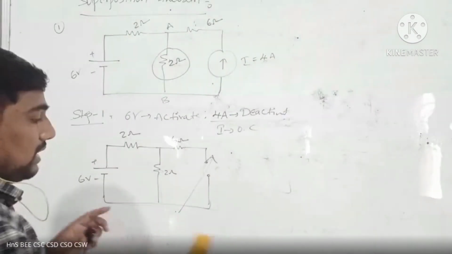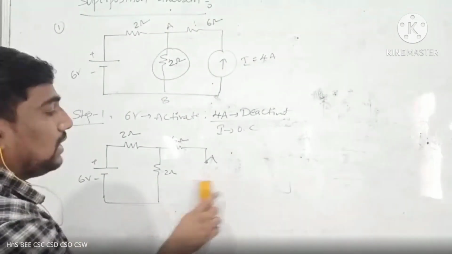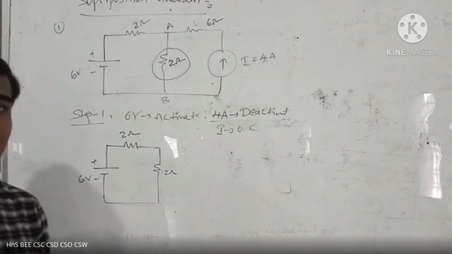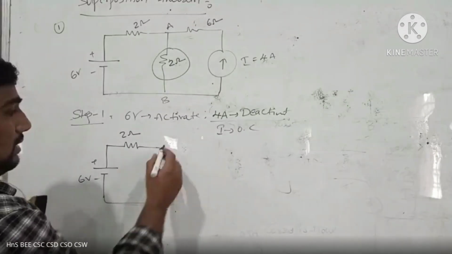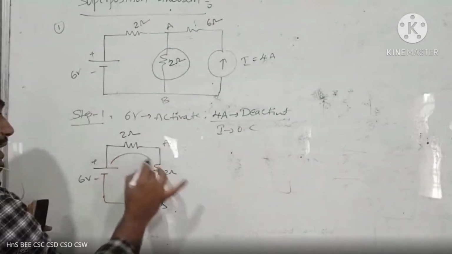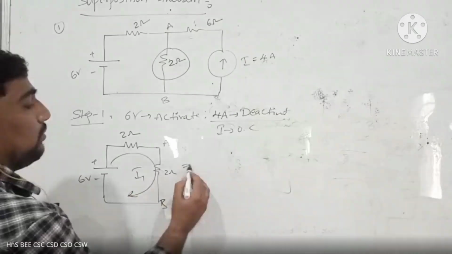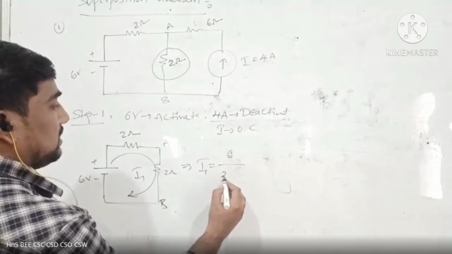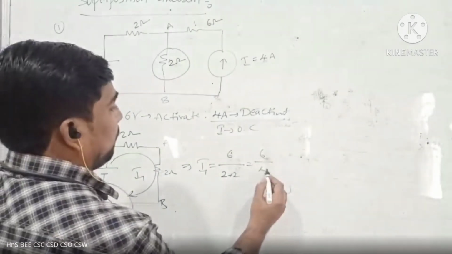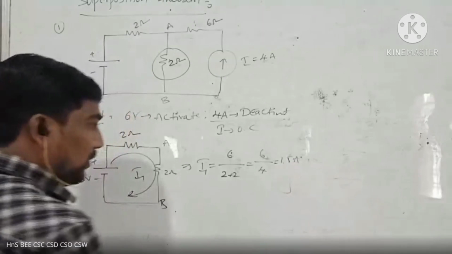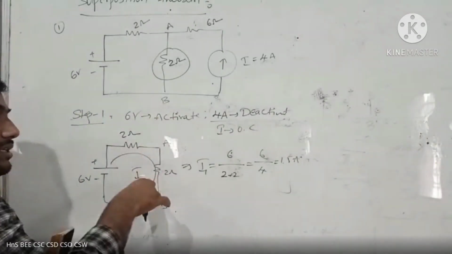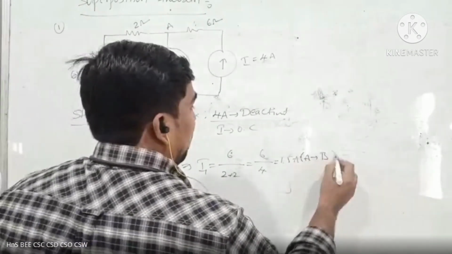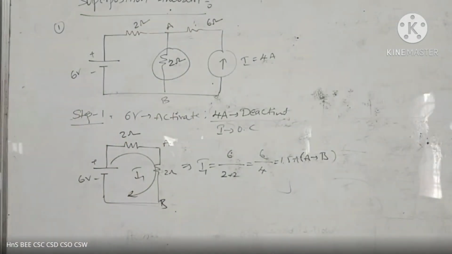The current is 0, that's why that loop is negligible, the total loop in our loop number 2. If it is negligible, I'm taking this as point A and this as point B. The current direction is I1. Now you have to find the I1 value based on Ohm's law. That is, I1 equals voltage by resistance, that is 6 by 4, then 1.5 amperes is flowing in this direction, in the A to B direction. See, the current flow is in the A to B direction. Now this 1.5 amperes is the current I1 value.